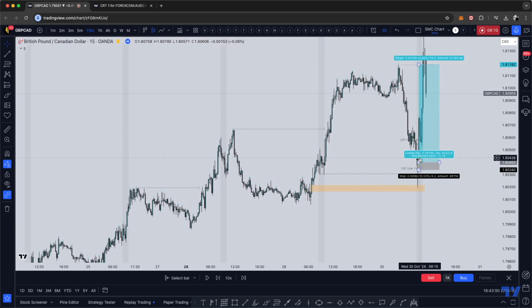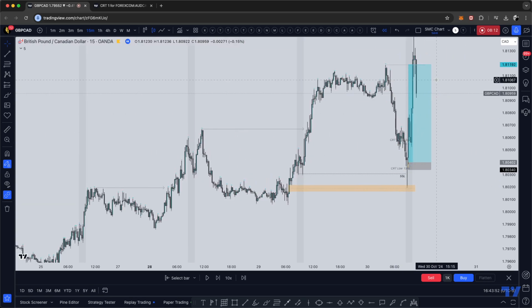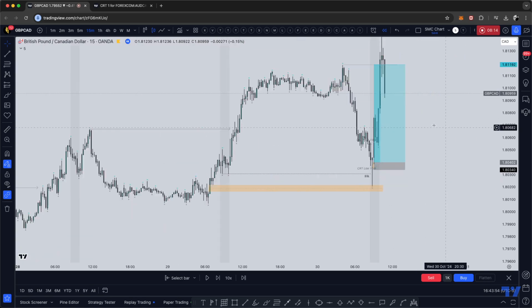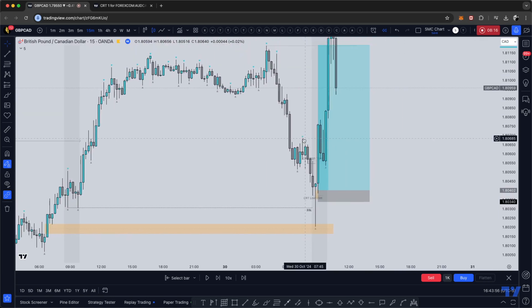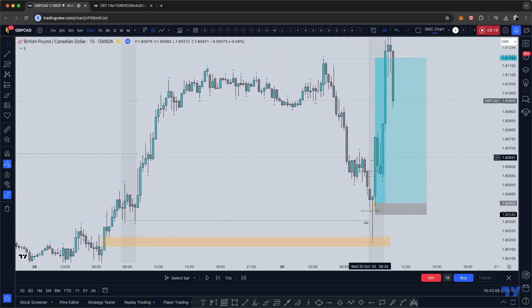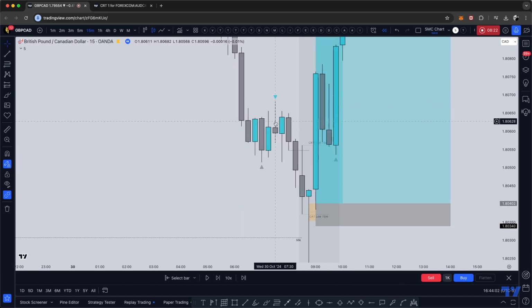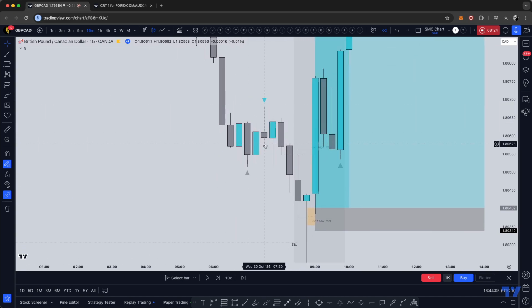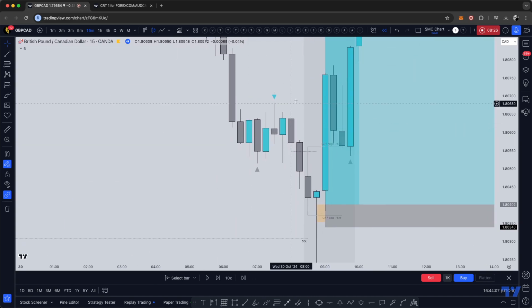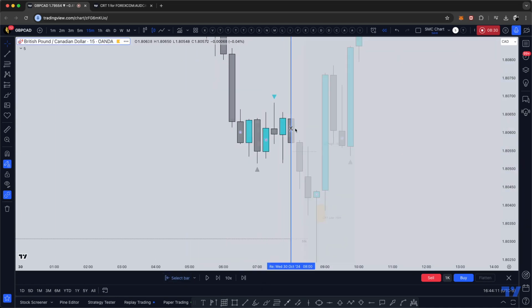if your bias is bullish, then wait only for a bullish CRT. Because most likely, right here, you're going to be seeing bearish CRT. Like if you look closely right here, there's actually a bearish CRT in here. Would I have taken this sell? If you look at this, if I go to this candle, you see